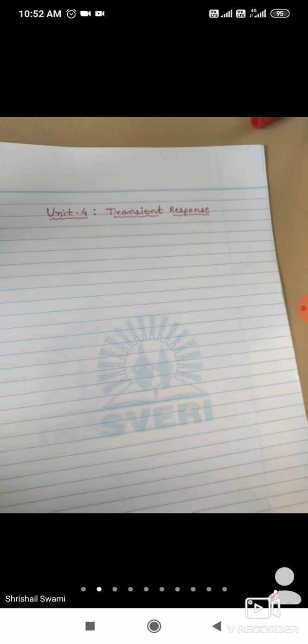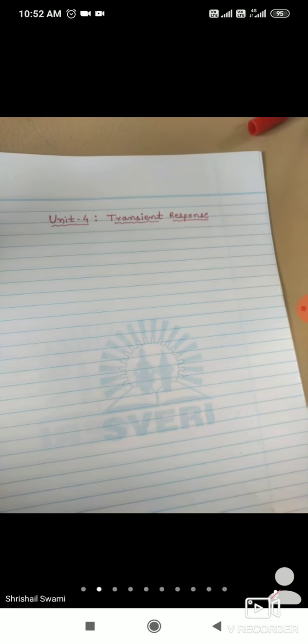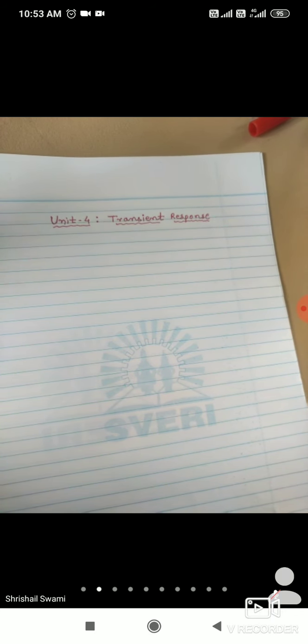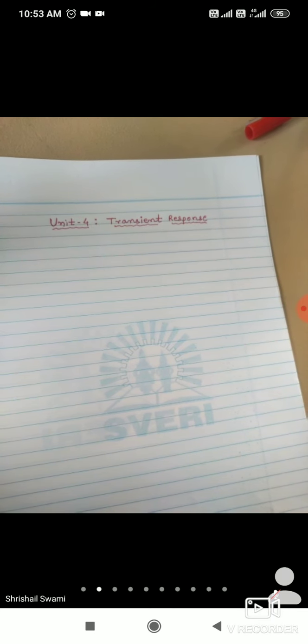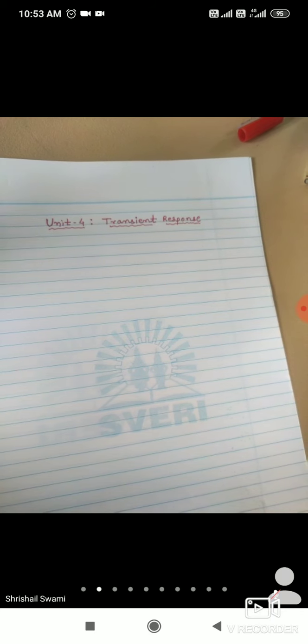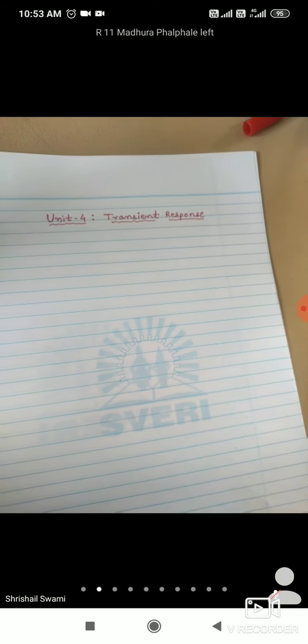Already you know how to find the complementary function, CF, and the particular integral, PI, for the differential equations, that you can call the solution of the differential equation. There will again be two types, homogeneous equation and non-homogeneous equation, so based on that there will be different solutions. And if the roots are real, imaginary, or complex conjugate, based on that there will be different solutions. Already you learned all these concepts in engineering mathematics 3, that is M3.